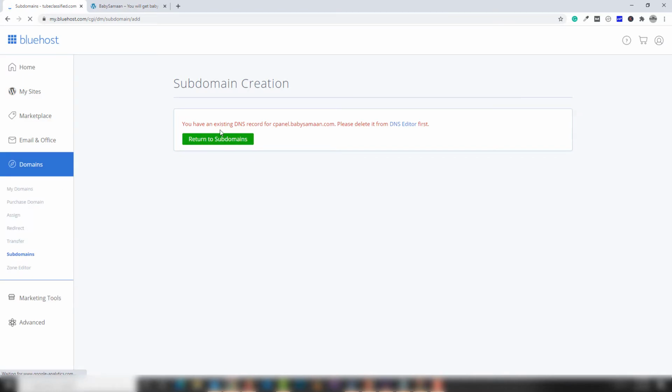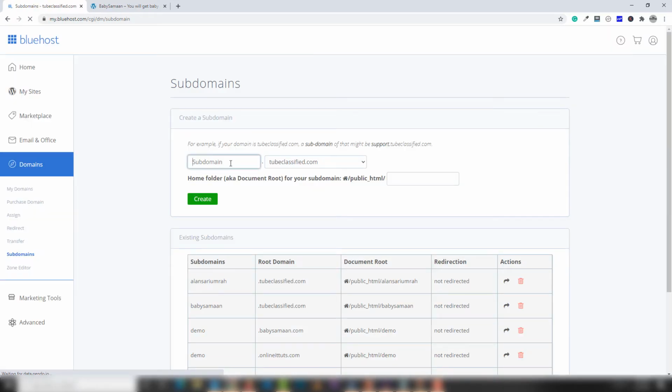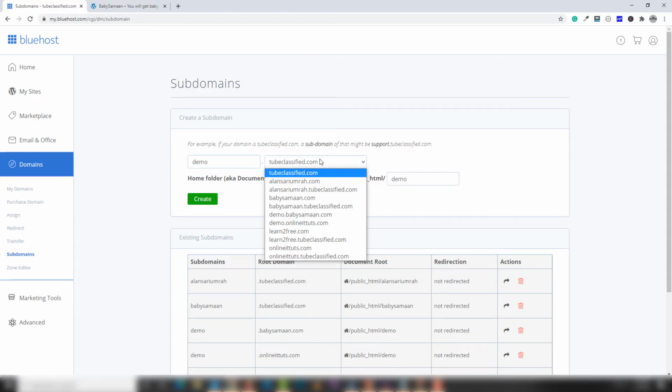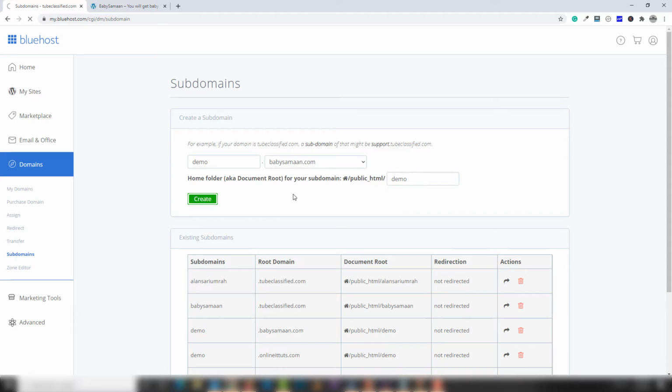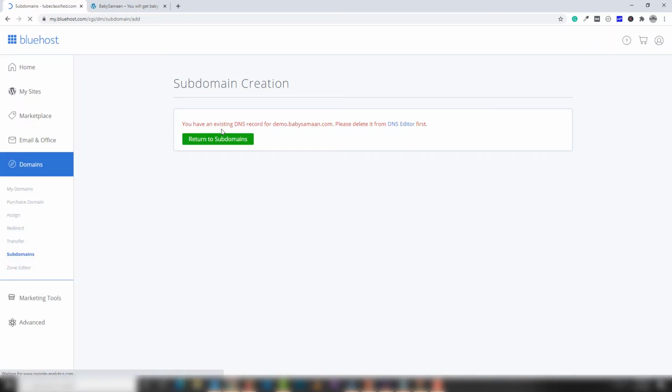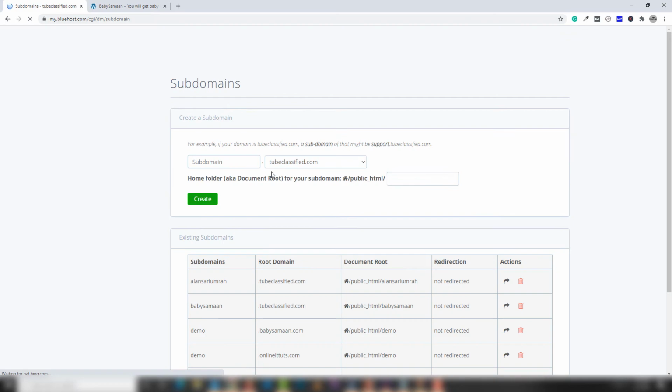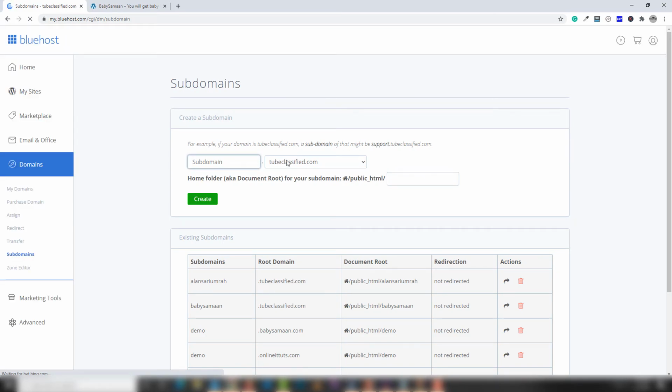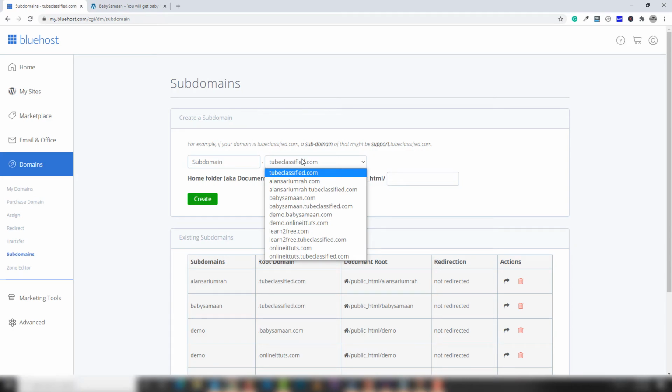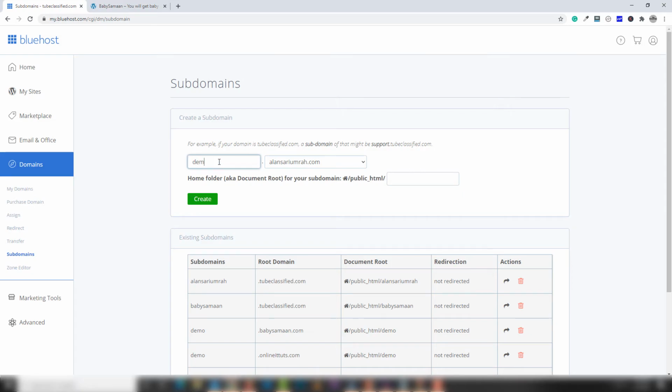and you have an existing one. Okay, I'm going to change the name to demo and babysomeone.com. Create that. Okay, I think we have seen your existing DNS. I will select another domain because this domain has some problem. So I'm going to select this domain, OnlineITtuts.com, and I'm going to use demo. Create a subdomain,